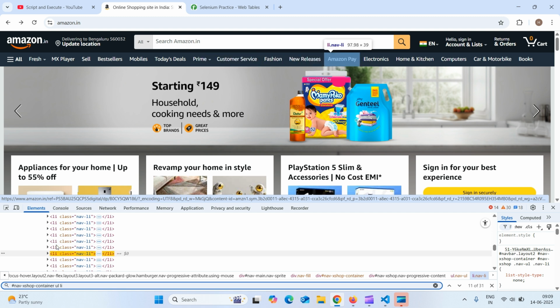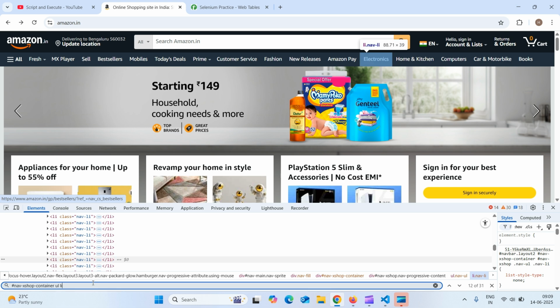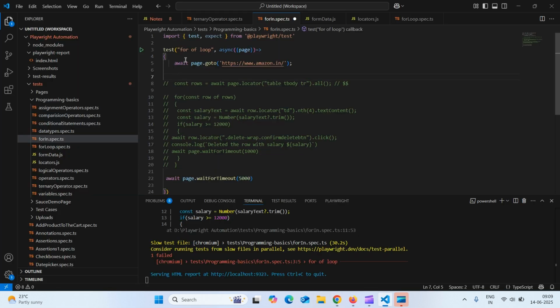Okay, let us take this. You can see that it's highlighting. Let us take this locator. Okay, so we'll take this locator and keep it in some variable. So const will say nav items, meaning navigation items, is equal to